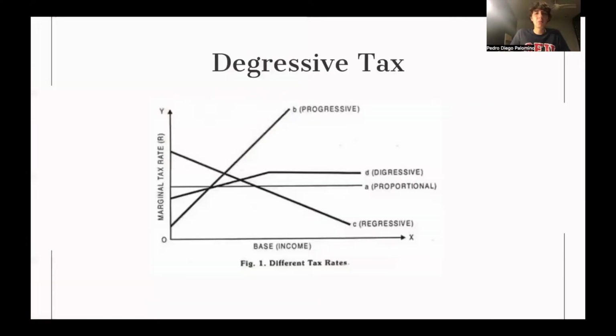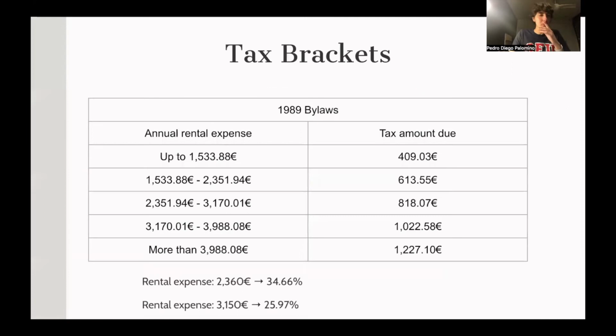So basically, what we're talking about here is a digressive tax. And as we can see here, as compared to a regressive tax, which occurs when the tax rate remains the same even as income increases, in a digressive tax scale, we see at first a proportionate increase of the marginal tax rate as income increases, but then when the tax rate becomes flat, we will see a decrease in the marginal tax rate, because whilst income is increasing, and the tax payable remains flat, the percentage of tax paid will decrease. So here we can see this illustrated.